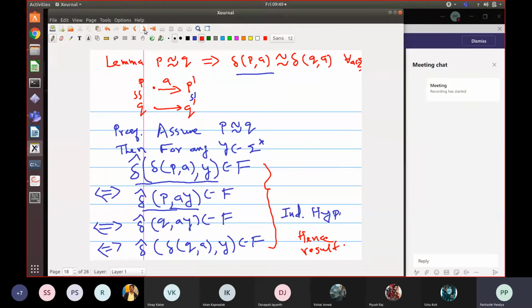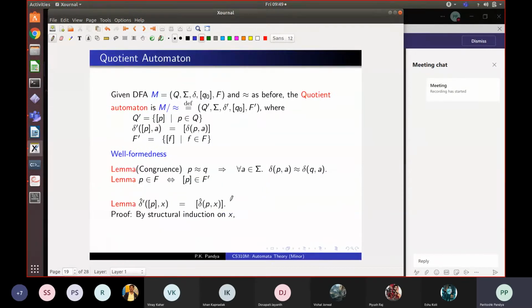And then we have one more last property. Remember what did we say here? We constructed delta prime by taking the basket of P. The basket of P on A goes to what? In the original automaton, on P you will go to some state P prime, then you take the basket of P prime, and that is what gives you the result. Now what we are proving is that for an arbitrary string X this property extends, and that can be proved by structural induction on X. Okay, so we will see the proof of this also.